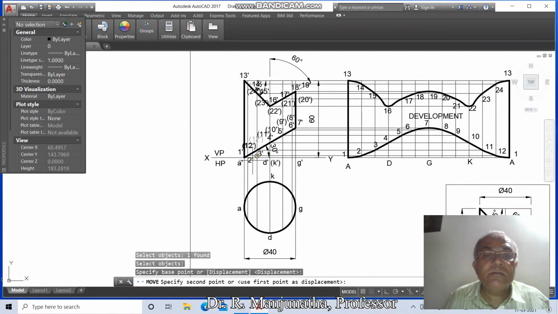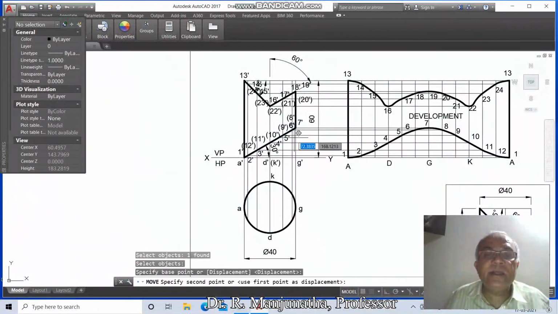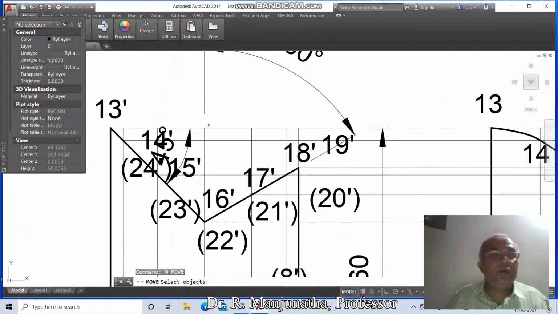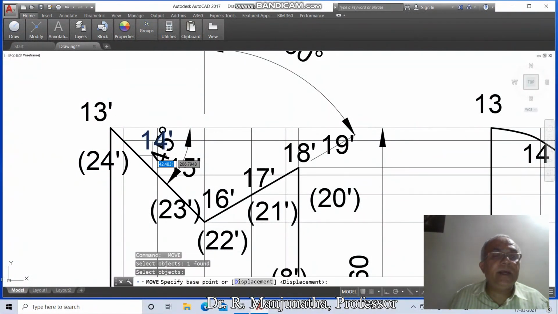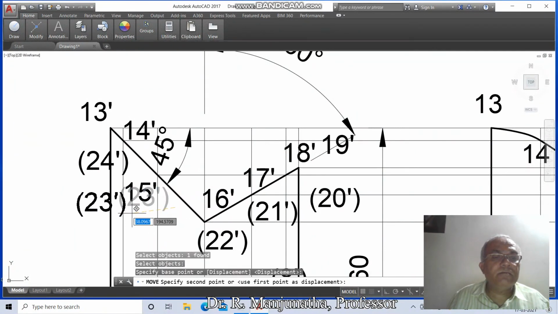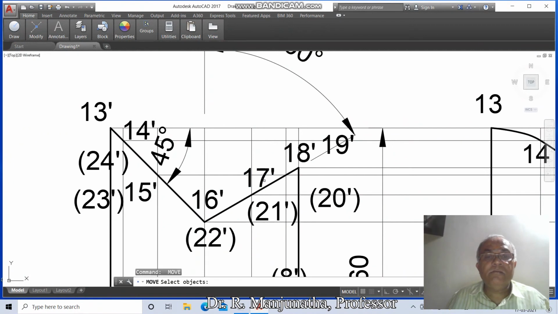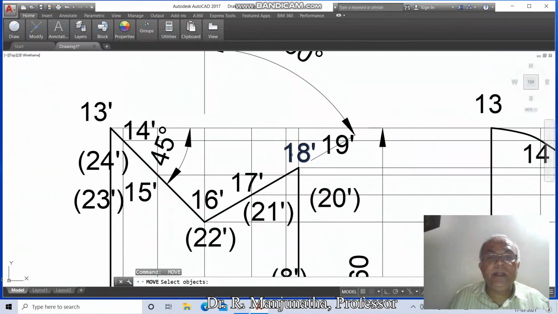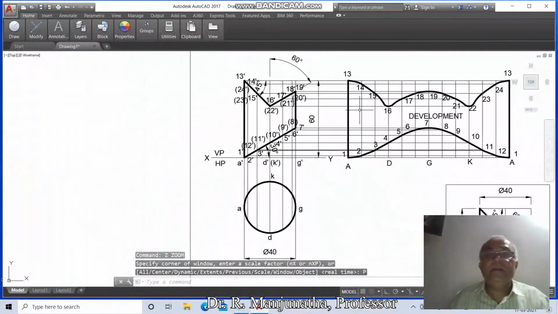move 12 dash, then 11 dash, then 4 dash, then 10 dash, then 5 dash, then 9 dash, then 6 dash, then 7 dash, then you take 8 dash, then go to the window, select this, then go to move, take 13, then 24, then 14 dash, then 23 dash, then 15 dash, then 16 dash, then 22 dash, then 17 dash, then 21 dash, then 18 dash, then 20 dash, then 19 dash, then zoom previous, then yes, then go to